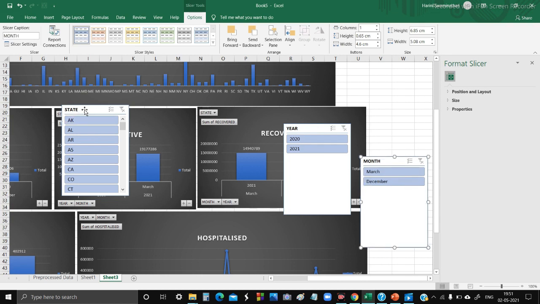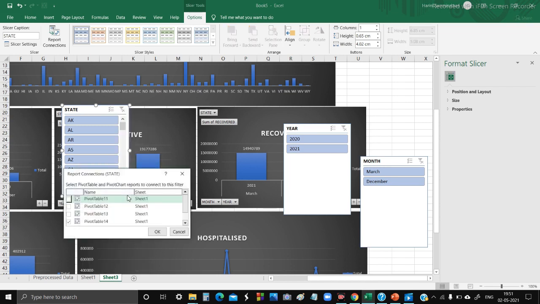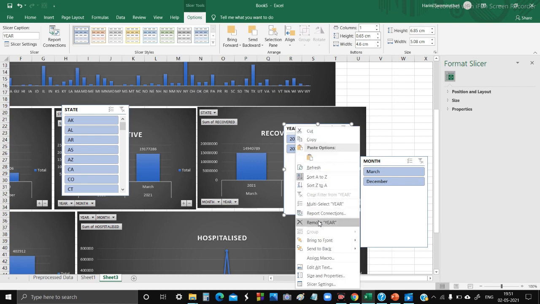Right click the slicer and select Report Connections. Now click all the pivot tables to establish connection between the slicer and the table. Same for other slicers too.